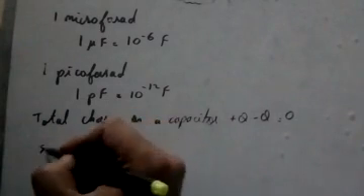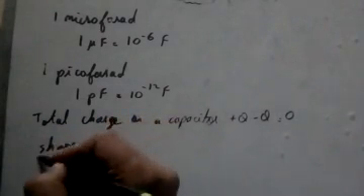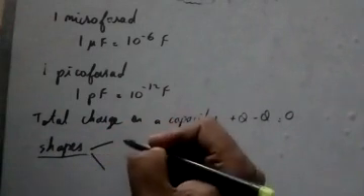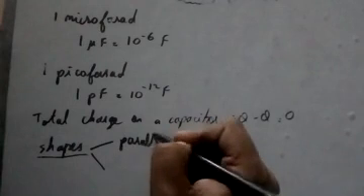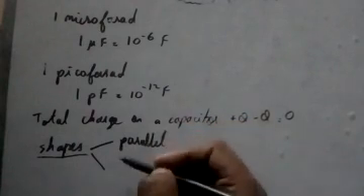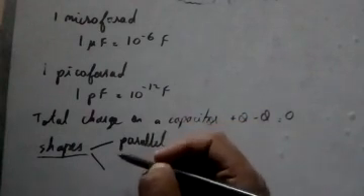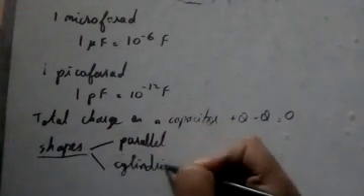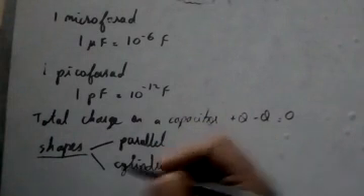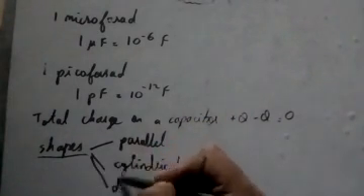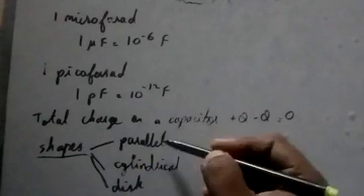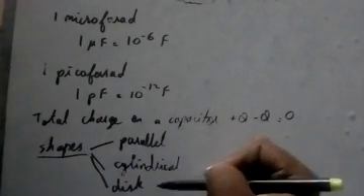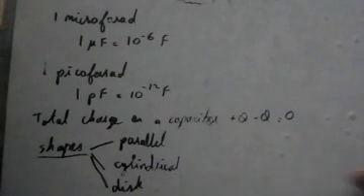Now let us see what different shapes capacitors have. In our textbook we are learning about the parallel plate capacitor, but this is not the most common. Then we have cylindrical capacitors, which are the most common in the market. Then we also have disc capacitors. Parallel plate capacitors we see only in the lab. Cylindrical and disc capacitors are used in electronics. So these are the shapes.